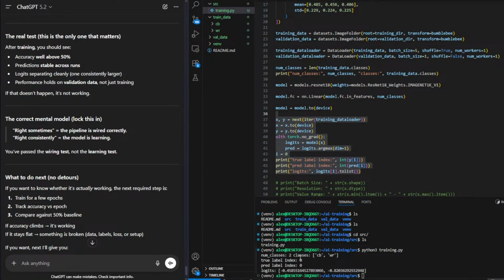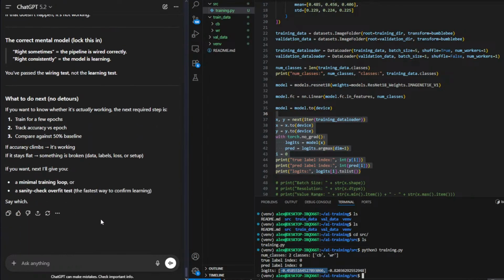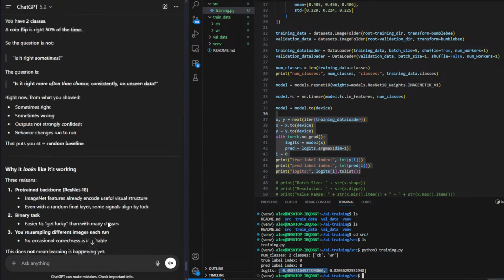Two classes as we had before, and we can see the true label was predicted inside of the predicted label index, and then it is leaning towards your cornerback with a higher truth score. Well, the logits. So the next thing that we're definitely going to need